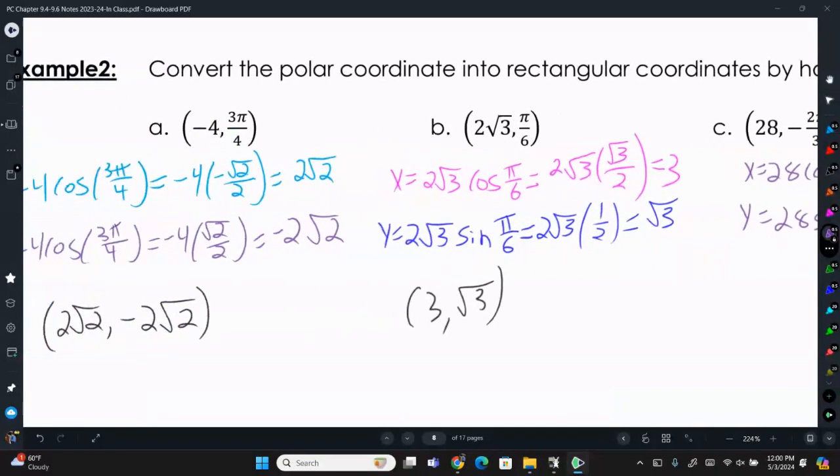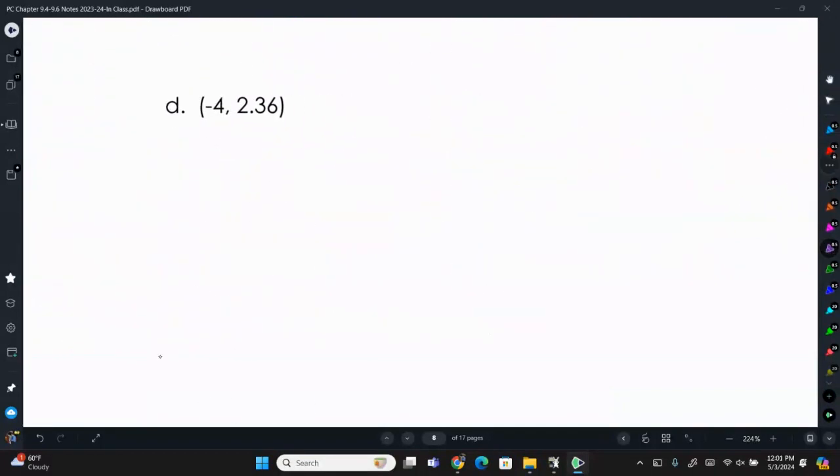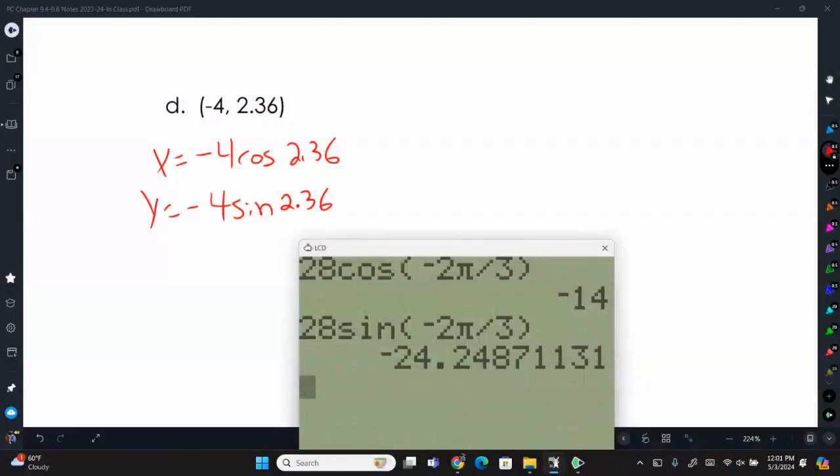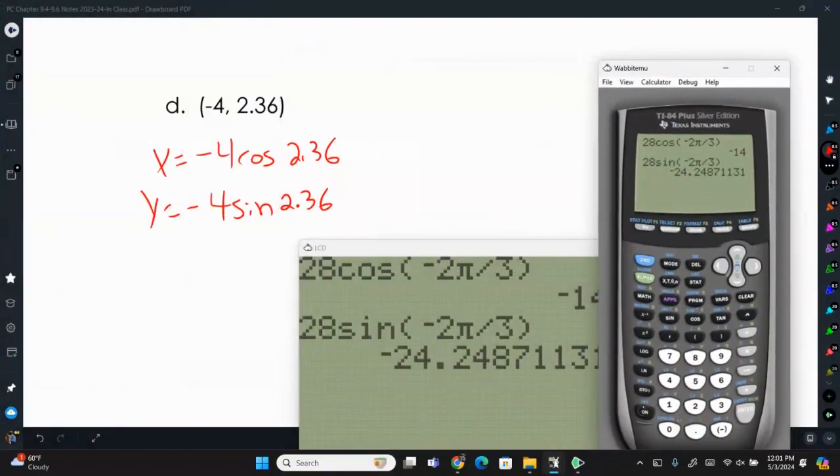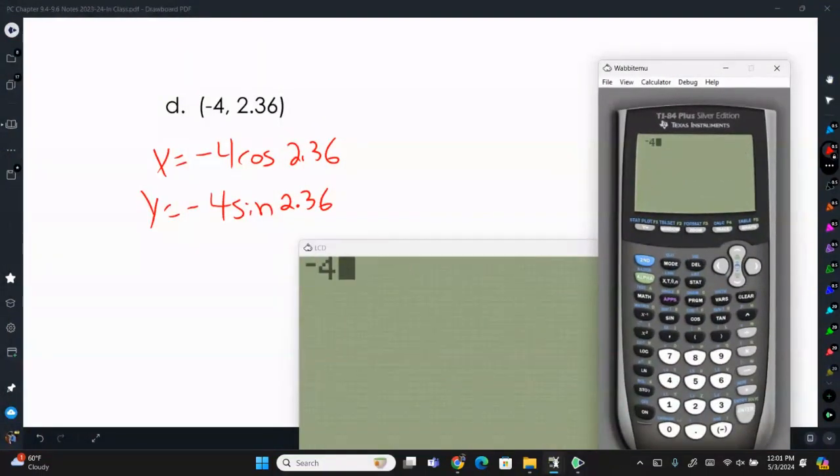Okay, then the last one, we have to use a calculator because 2.36 is a decimal radian, not something on the unit circle. So x equals negative 4 times the cosine of 2.36, and y equals negative 4 times the sine of 2.36. So we're going to type both of those into our calculators. So negative 4 times the cosine of 2.36,